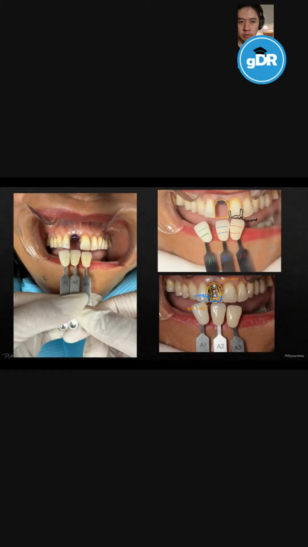This is just an example of an implant I restored, and the lab got the color wrong, so I redid this, and this time really did a shade map with the shade that I wanted. I said, look, this part A2, A3, I want to be more orange. This has an edge, I want more translucency on the incisal edge there. And I use the other tooth as a reference, and I would mirror the tooth